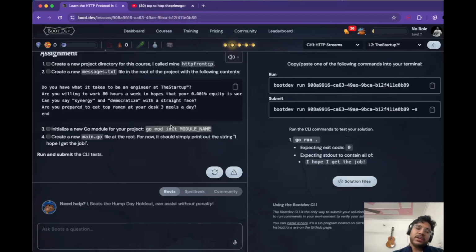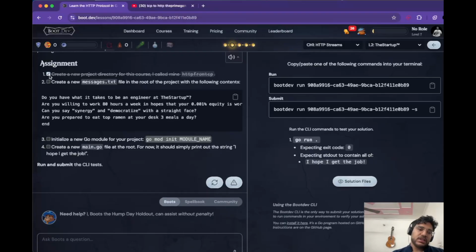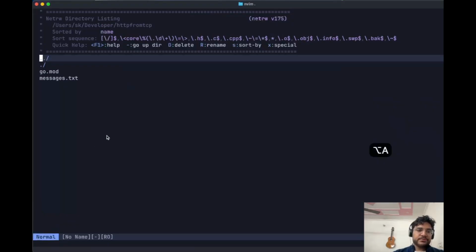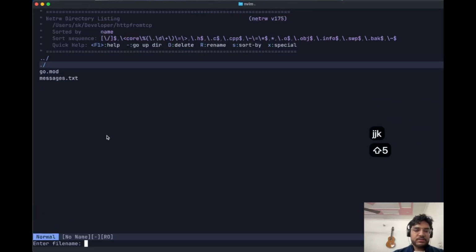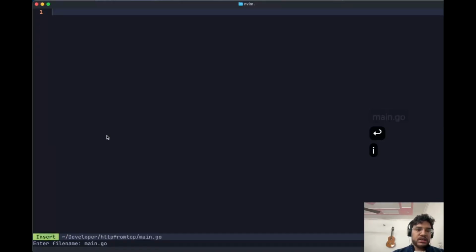Now he's saying to create the, so I'm done with this one, I'm done with this one, I'm done with this one. Create a new main.go file for the root, and now it's simply print out the string. I hope I get the job. Okay, let's do this one. I haven't completed this one. Let's have a main.go file, and I'm going to write